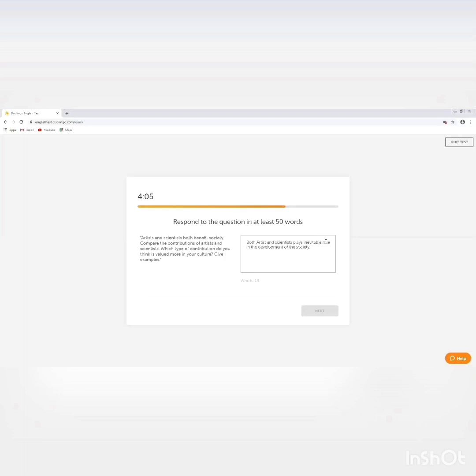They have said that we have to write at least 50 words. And yes, the timer is also there, so I wish that it should not exceed 50, 55, or maximum 60 words, because the more you write, the more you run out of time. So it's important that you take both things hand in hand and work accordingly.